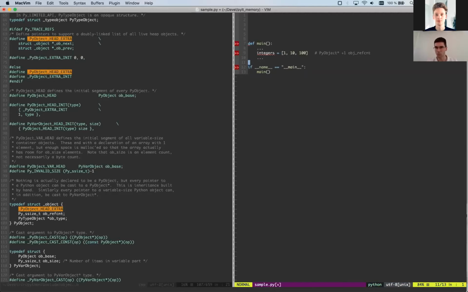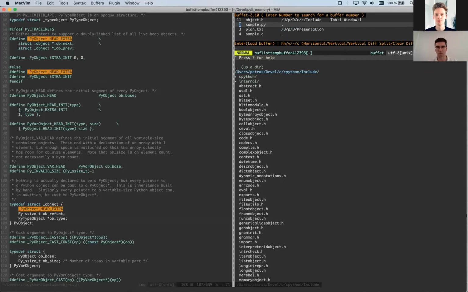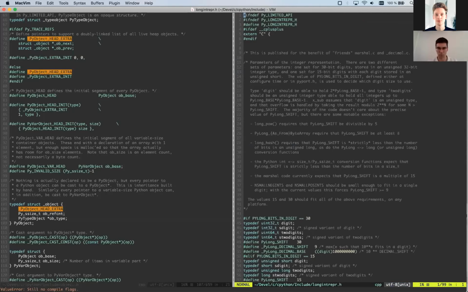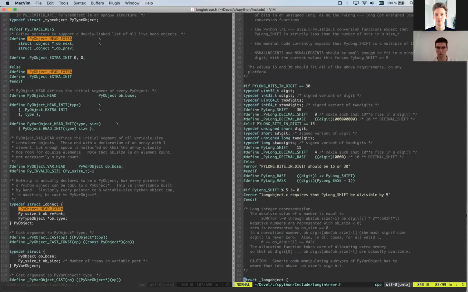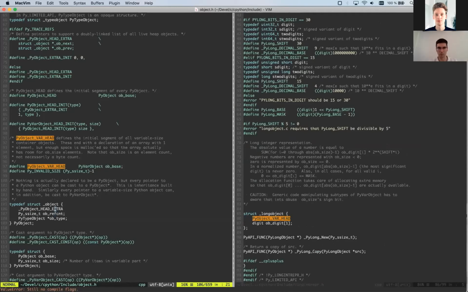What's the problem with that? So let's take a look at how integers are stored as well. Integer is defined here. So this PyVarObject is just this object.